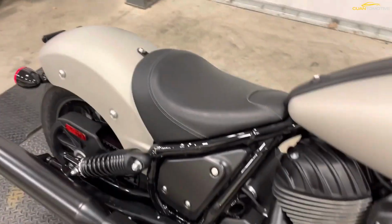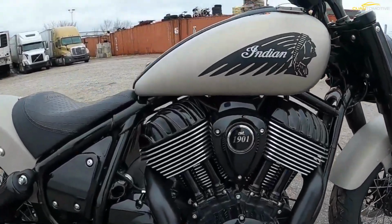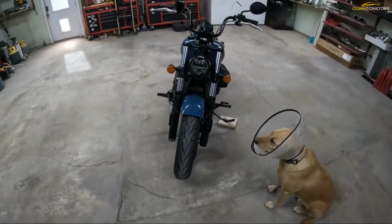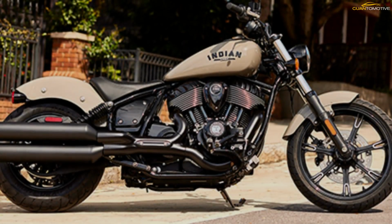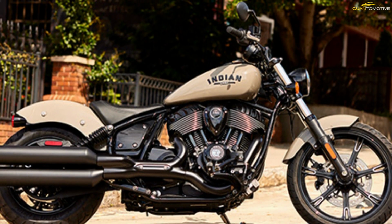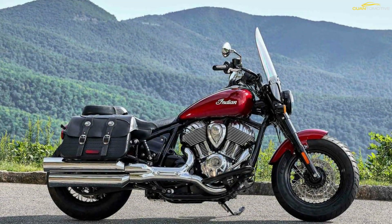Petty differences aside, the Thunderstroke features rear cylinder deactivation when at a stop to help reduce how much hot air wafts your way while you're waiting for the red light to turn green. From a mechanical standpoint, those are the Sport Chief's big talking points, but hidden within the sporty persona of the bike are some impressive tech like cruise control, 3 different ride modes, and the 4-inch round TFT display with Indian's